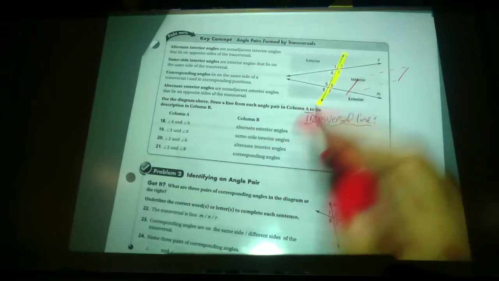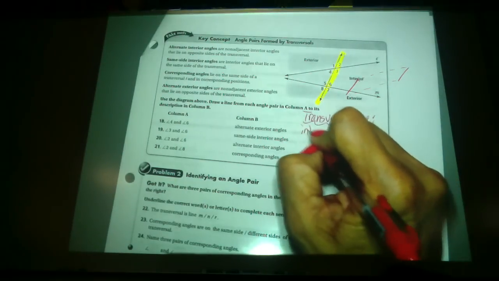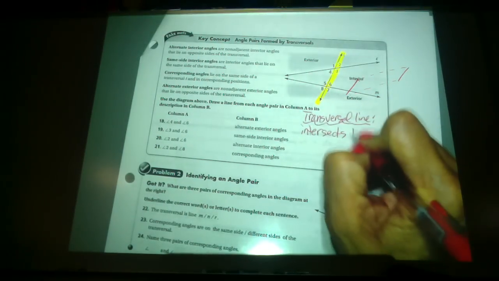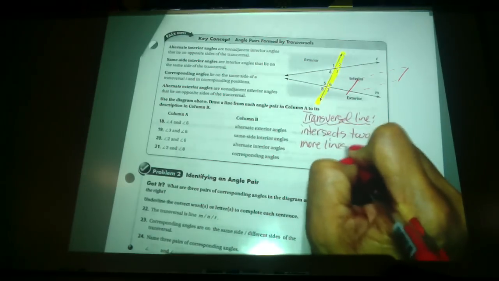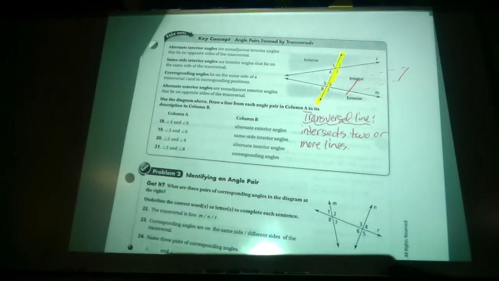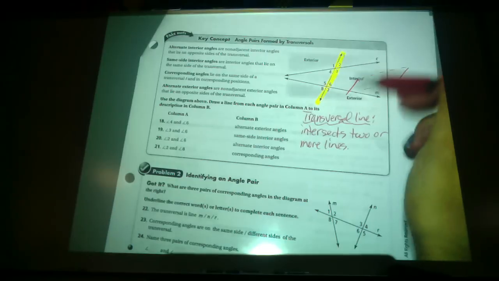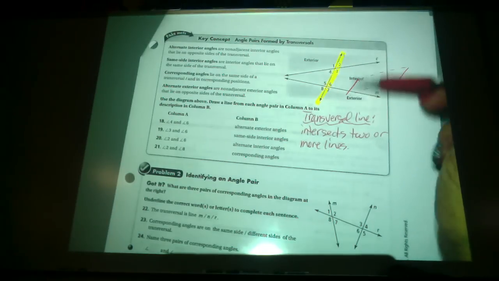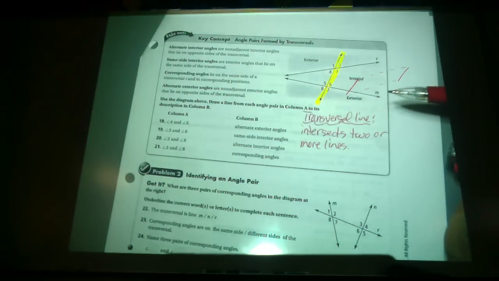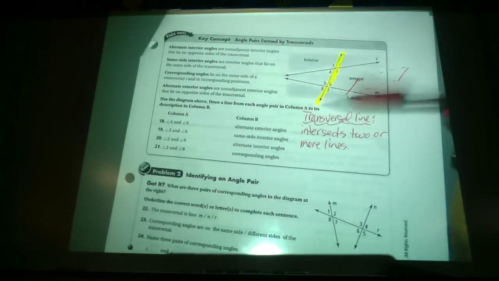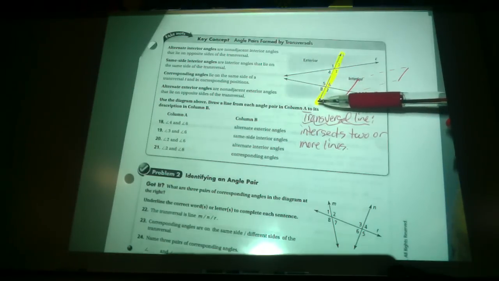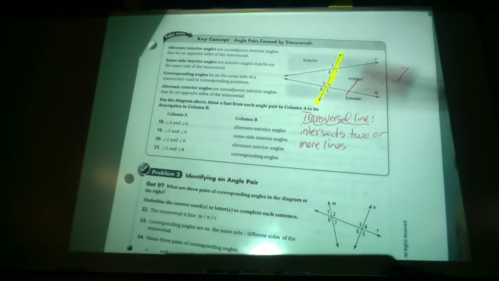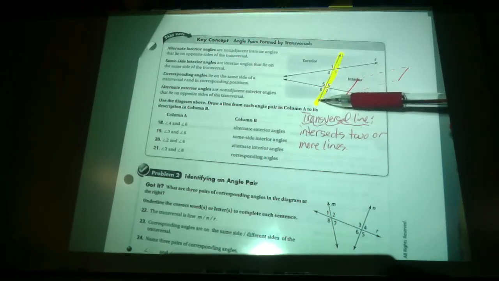A transversal line quite simply intersects two or more lines. Now today we're not going to look at if the two lines are parallel. So for today, you're going to assume the two lines are not parallel unless told otherwise. But a transversal does not have to intersect a parallel line. It just has to intersect two lines or more. So this transversal here could intersect 10 lines, or 100, or 1,000,000, as long as it intersects two or more